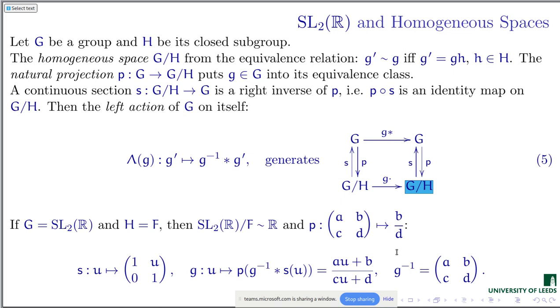If we take SL2R and the subgroup being the affine group, the ax plus b group, two-dimensional one, then the homogeneous